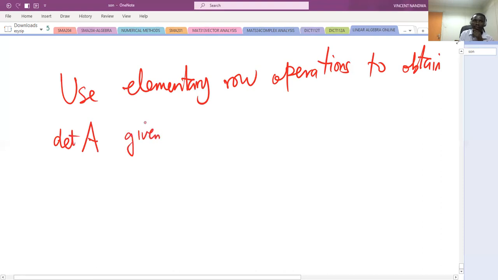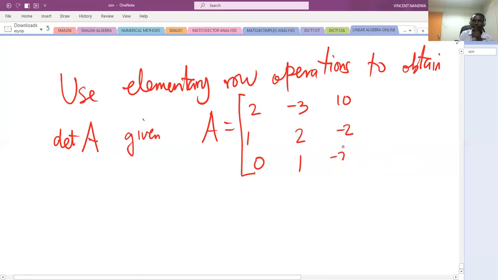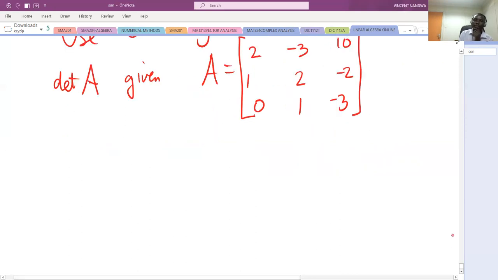Given A is 2, minus 3, 10, 1, 2, minus 2, 0, 1, minus 3. So solution,